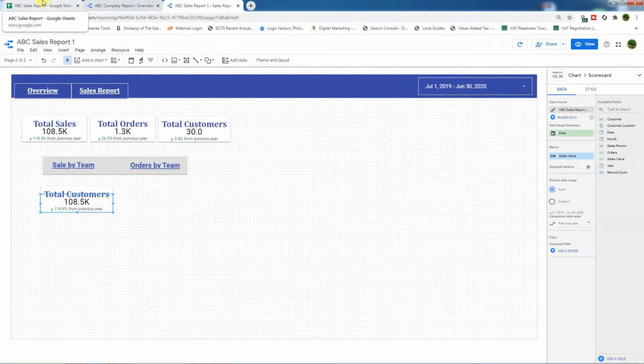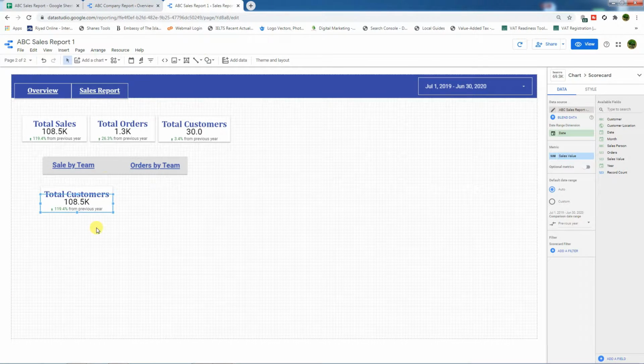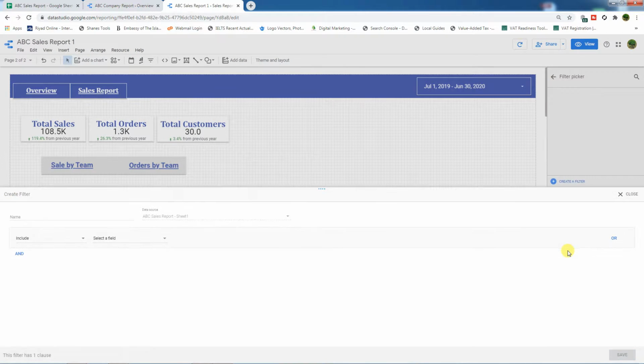His name is here, you can see here, suppose his name is Benz. We will copy this Benz and we will go to our report. We will create here a filter. Add a filter, name Benz sales. Include, select the field here,